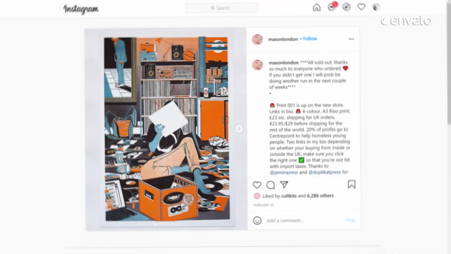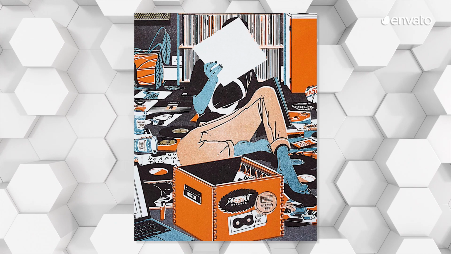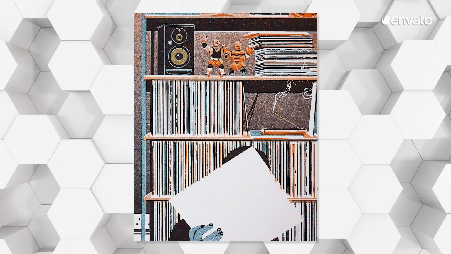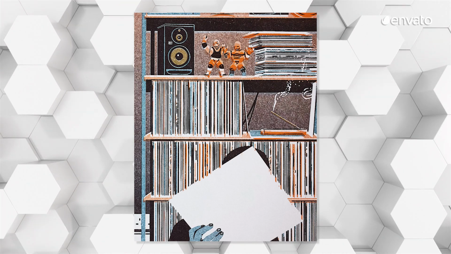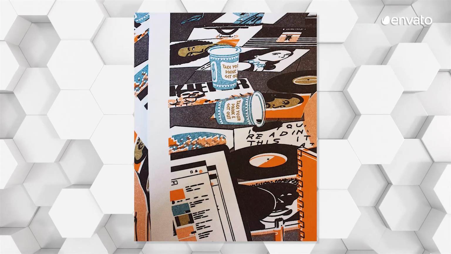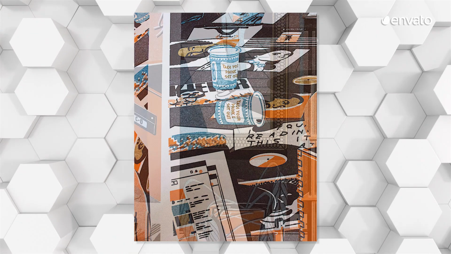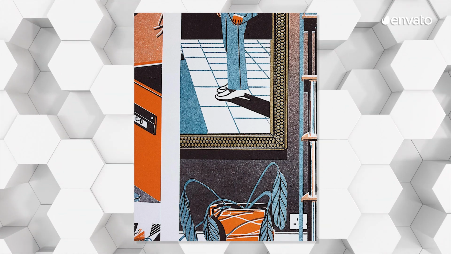Take a look at this risograph print by artist Joe Prythurch that revolves around an old school record collection and complementary shades of orange and blue. From the smoking incense stick and toy action figures that sit on the shelves to the discarded takeaway coffee cups, every detail is given depth and texture through speckled gradients.